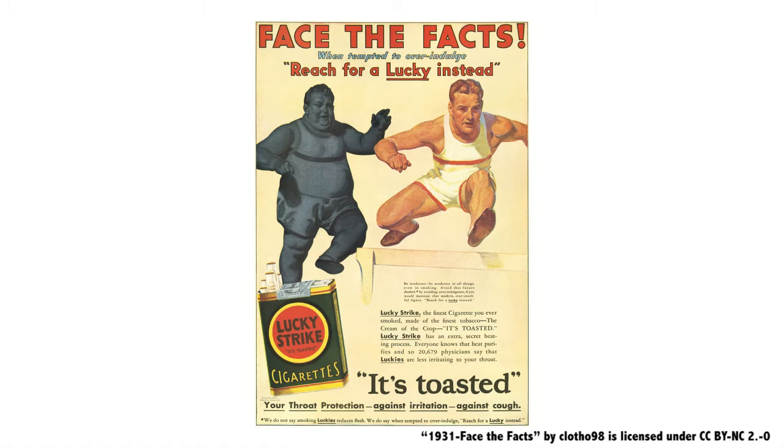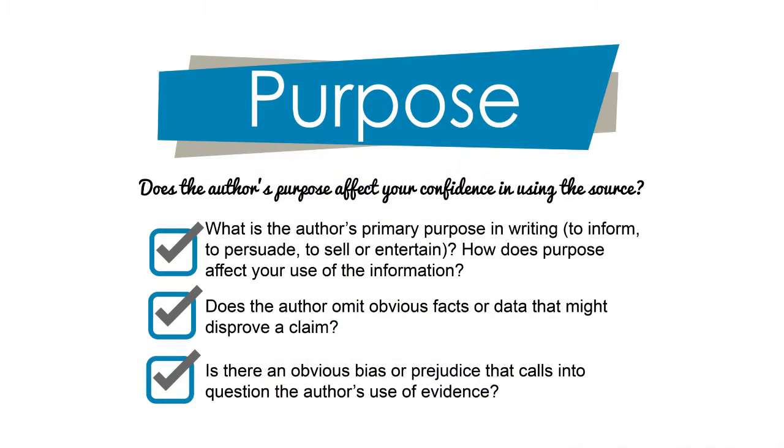He or she may present biased or one-sided information. Additionally, the author might omit obvious facts or data to achieve the purpose. That's why it's important to analyze the information you find in the context of an author's primary purpose. To summarize, evaluating whether or not the author's purpose affects your confidence in using the source can be done by